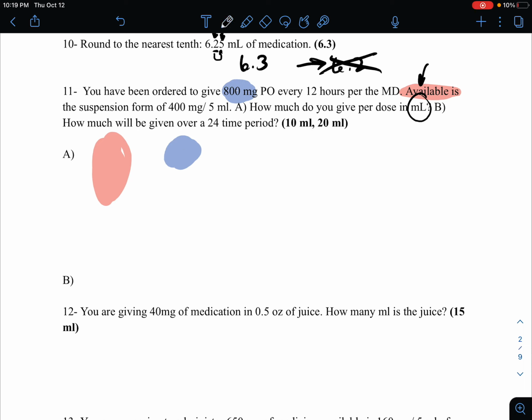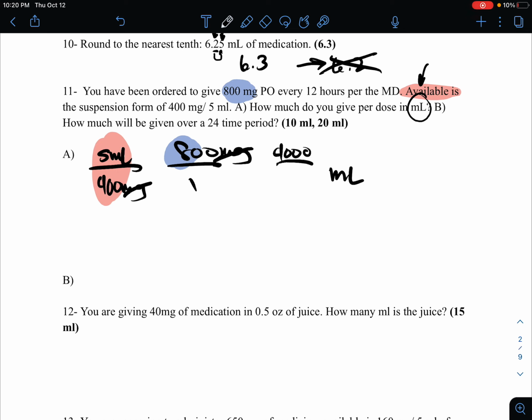Second. So how that is going to look is 5 ml, because you want milliliters, so milliliters goes on top, over 400 mg, times 800 over 1. And this one is just a placeholder. And so 800 mg over 1. The reason why is so we can get these milligrams to cancel out. So we're left with milliliters. So we can put the milliliters right here because our milligrams canceled out. So when we do the math, 800 times 5, we get 4,000 divided by 400, which would equal 10